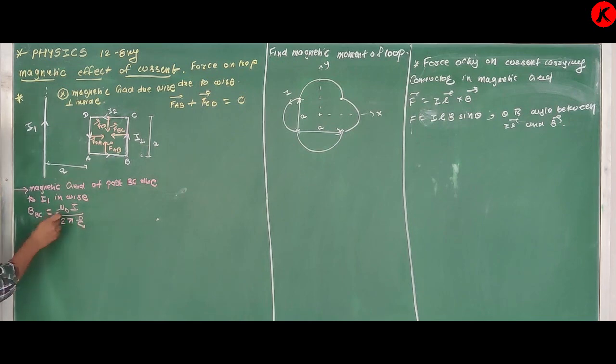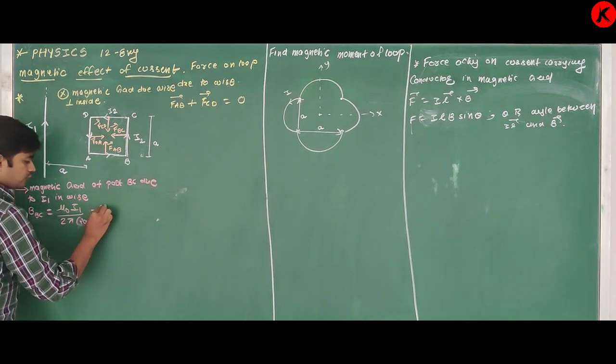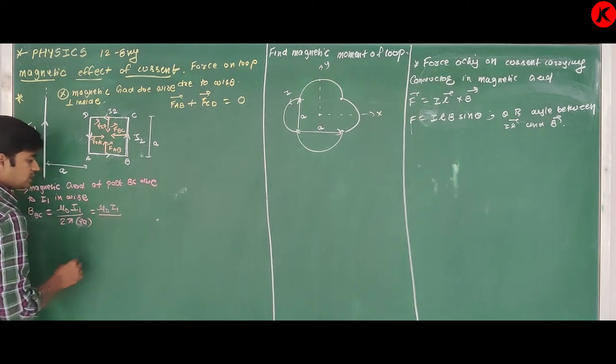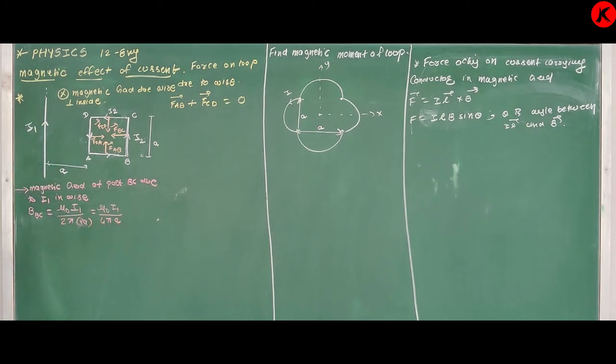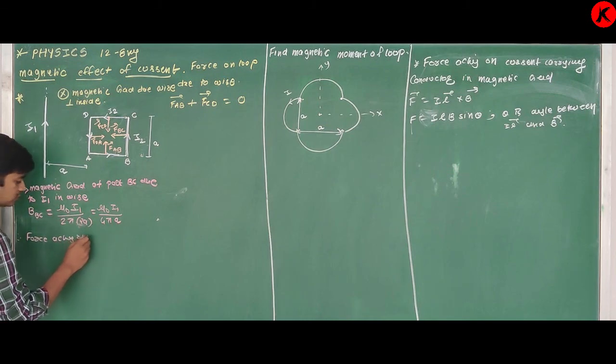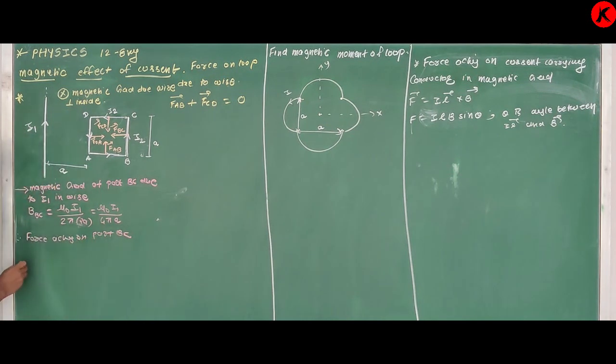Yes, you have to make changes. Mu 0 I1 upon 2 pi r, where r is the total distance of the wire to this part BC. It is 2a. So it is equal to mu 0 I1 upon 4 pi a. Okay, therefore, force acting on part BC, that is FBC,